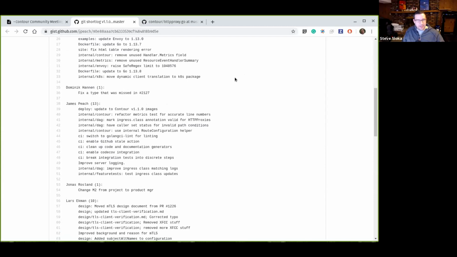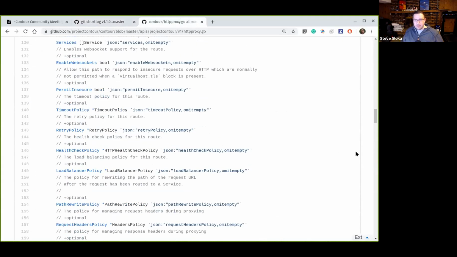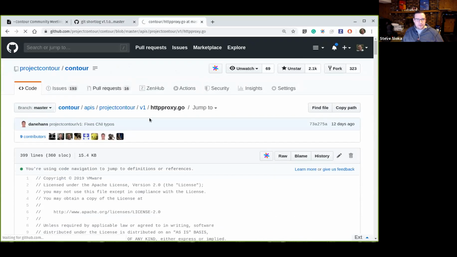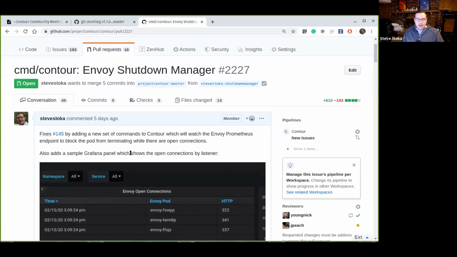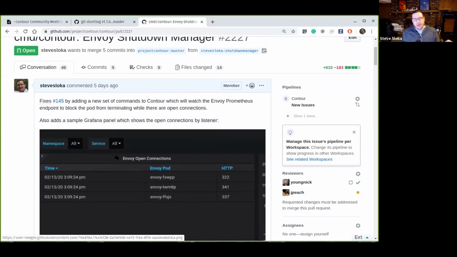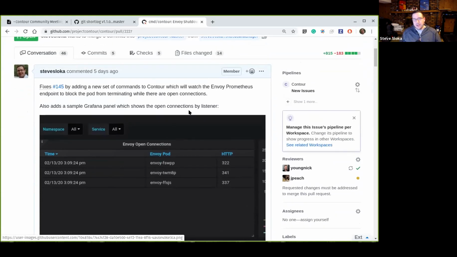I think the one other thing that we've added, or is in flight, hopefully we get it finished, is the ability to roll out an Envoy cleanly. There's a pull request, I just finished up the review from James and Nick, where we've added this new command to Contour called the Shutdown Manager. The idea is that when you roll out a new Envoy, there could be active connections to those listeners. So we need a way to roll that Envoy after draining connections. There's a bunch of docs on it, and hopefully this gets into 1.2 as well. So when you need to upgrade Envoy, which is going to happen soon in March, you'll be able to do that without having to lose connections.